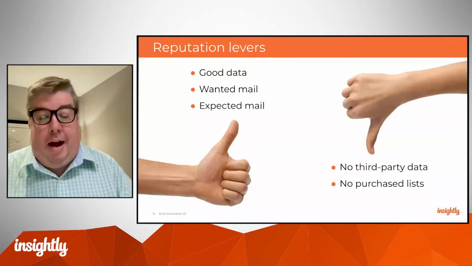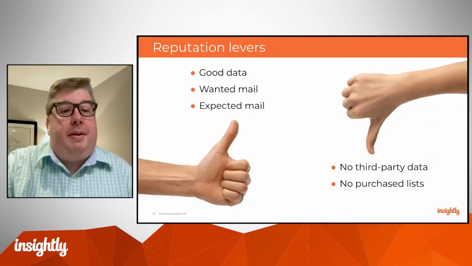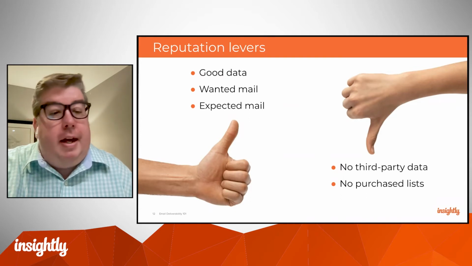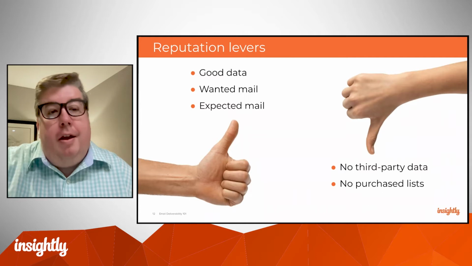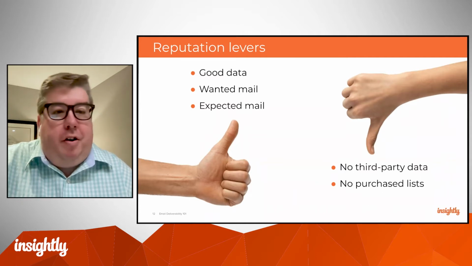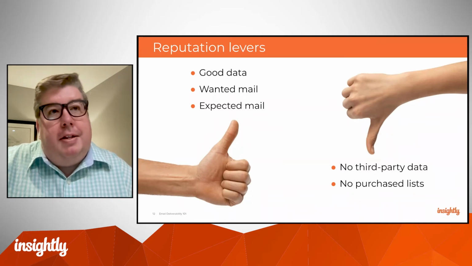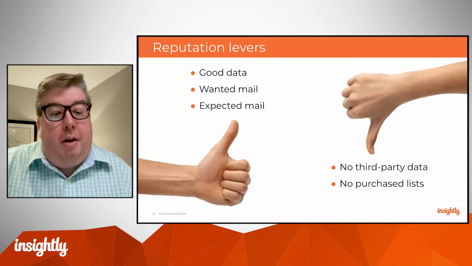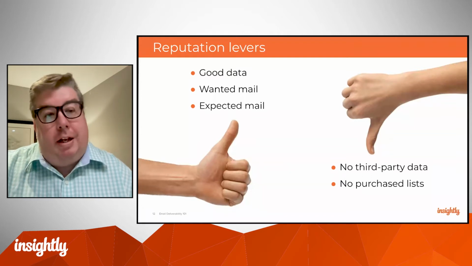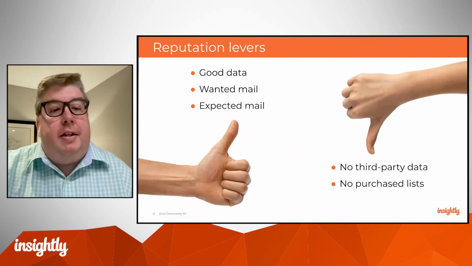So those are the levers. How do you move things in the right direction? It starts with what are perhaps some fairly simple concepts, but it's very important stuff. Sending good data, so sending wanted mail, sending expected mail, mailing to people who expected it, who signed up for it. It means no third-party data, clear and direct opt-in, not buried in terms and conditions and three pages of legalese, no purchased lists, right? If somebody didn't sign up to get an email from you, they're not going to expect that email from you. Regardless of your brand, they're going to be more likely to report it as spam. They're going to be less likely to engage with it, and it's going to do damage to your reputation, which is going to make it harder for you to deliver successfully to the inbox.